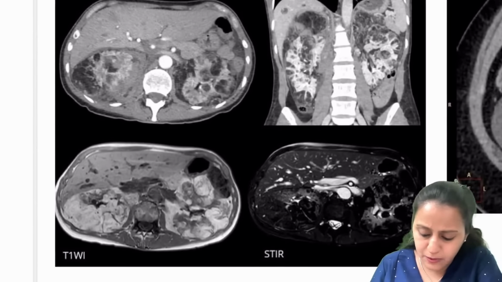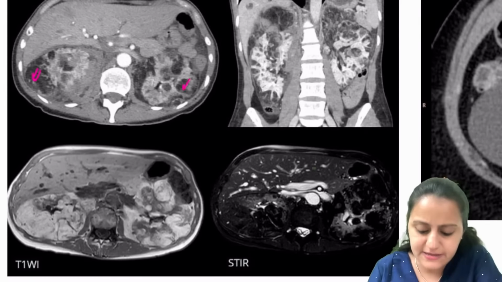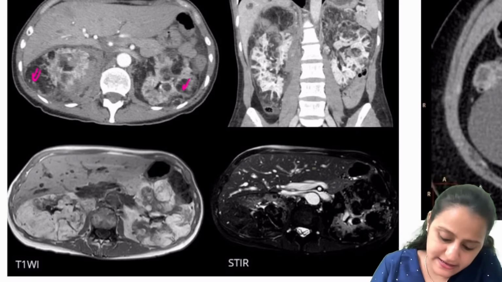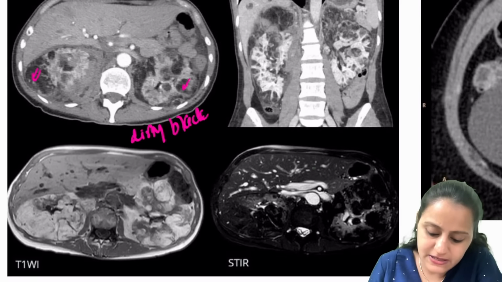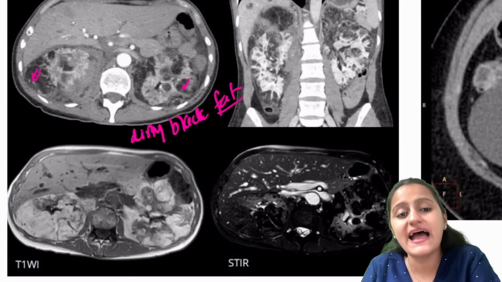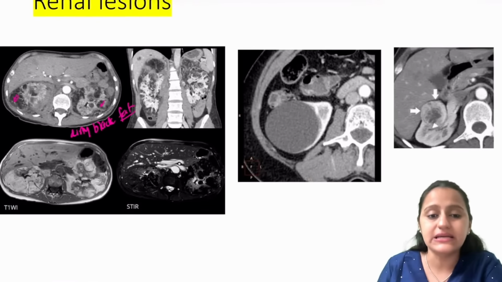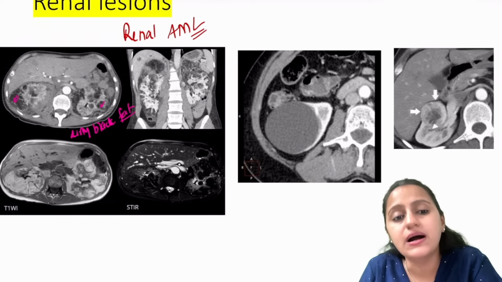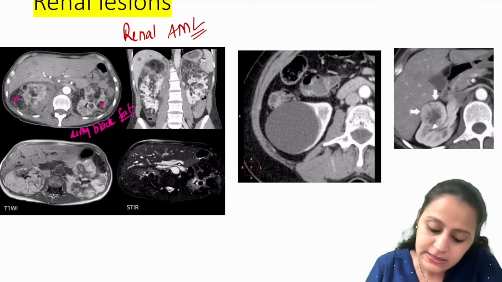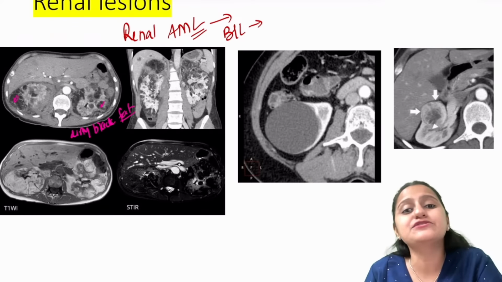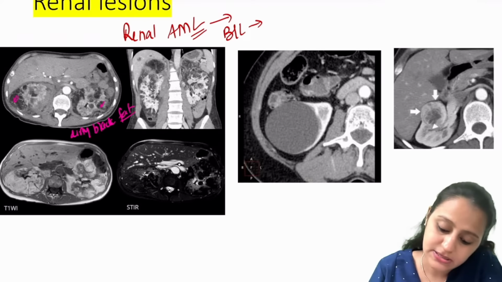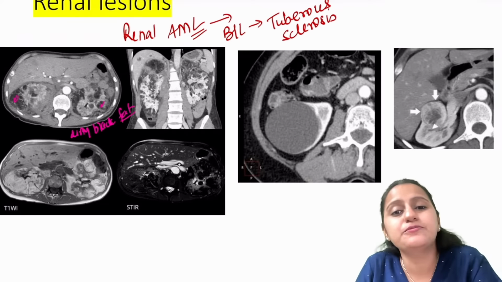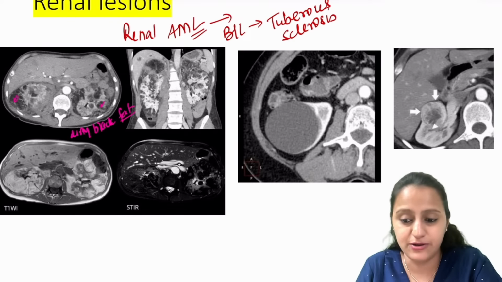Next one. What are you seeing, what is this in the renal lesion that you are seeing? Again, remember that is the dirty black appearance. Dirty black is the fat. So a fat containing lesion in the kidney is renal angiomyolipoma. Okay, angiomyolipoma. And where do you have bilateral renal angiomyolipoma common, in what condition? It is tuberous sclerosis. Okay, tuberous sclerosis में ये bilateral renal angiomyolipoma